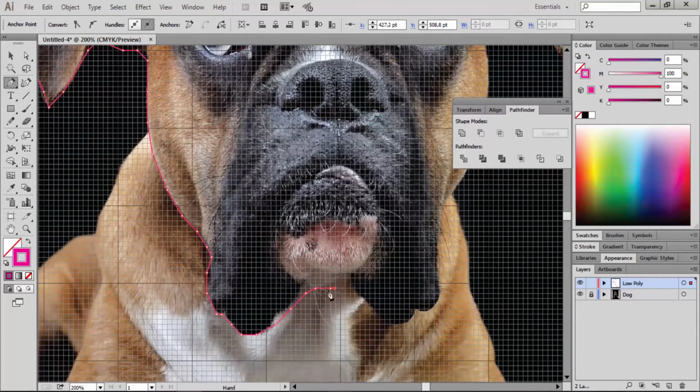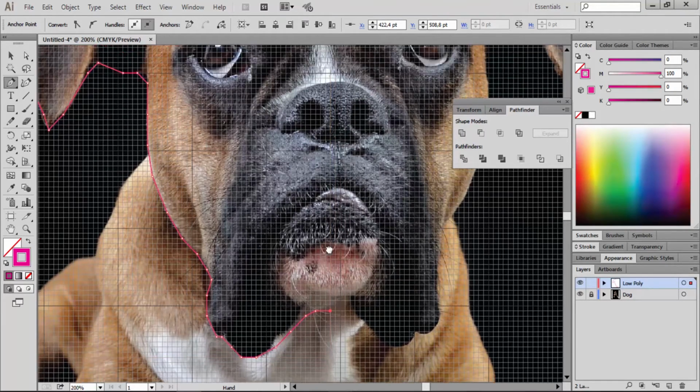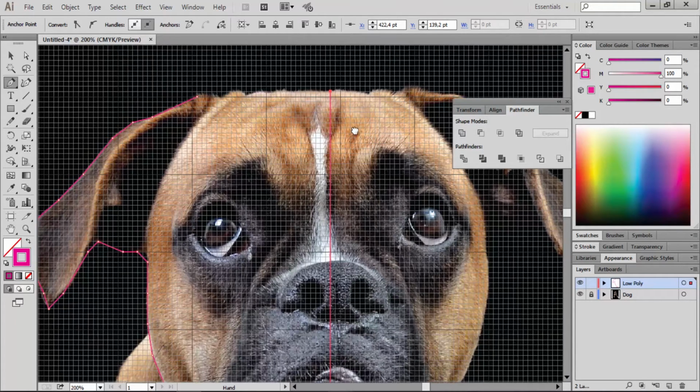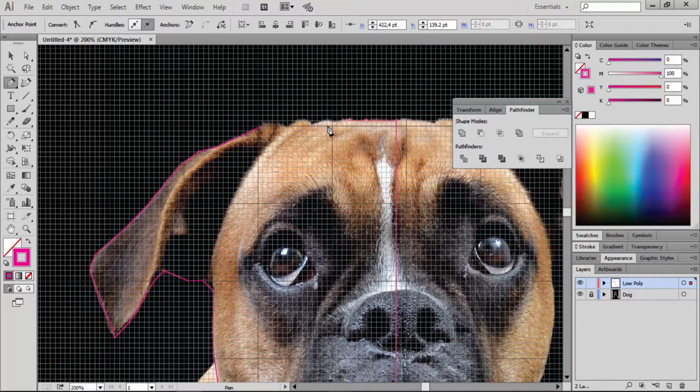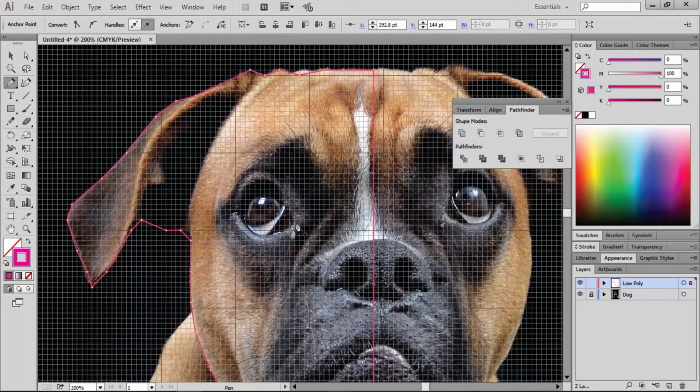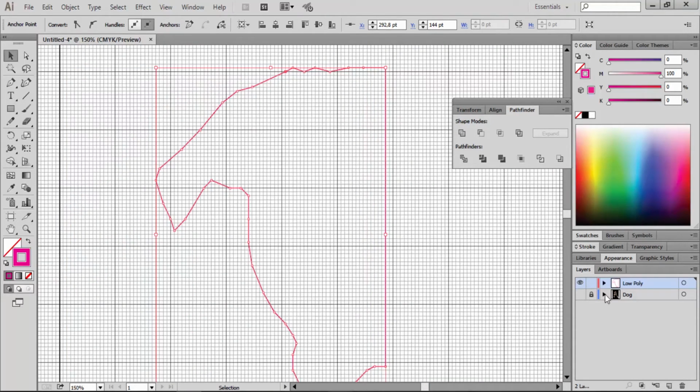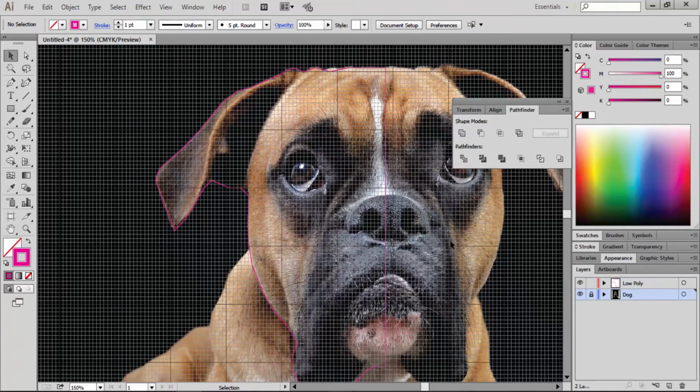Let's go 1 point back and something around here. Yes, something around here is perfect. Let's leave it there and let's close the dog's face. Some more points here. And now if we shut this layer off, you can see the dog silhouette on here.